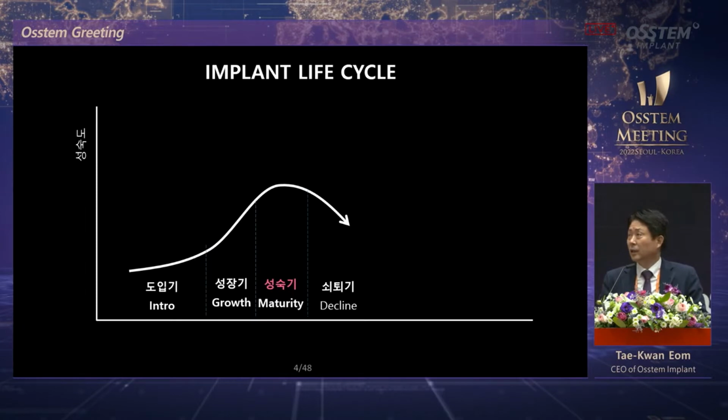This is a familiar chart. Product life cycle. X-axis is time: introduction, growth, maturity, decline phases. A product goes through these phases. Where is implant? I believe it is here. It is entering into maturity phase, and it will soon reach the peak. The maturity phase,